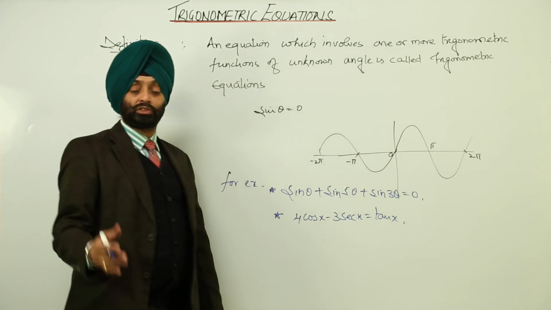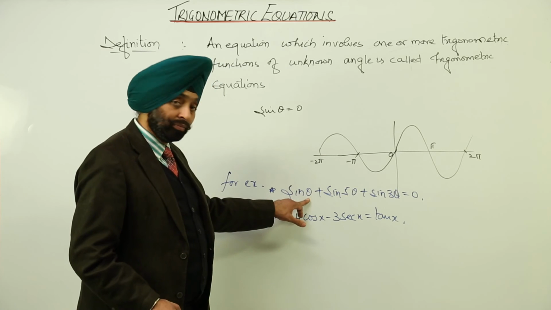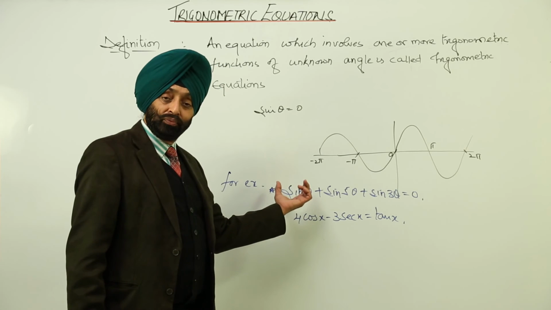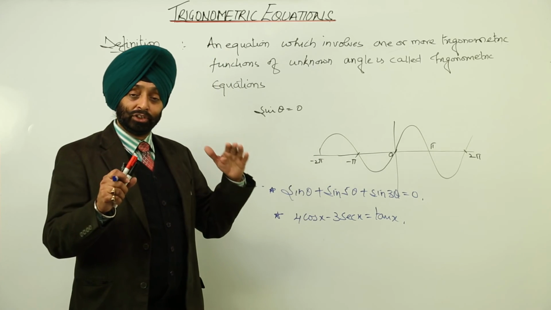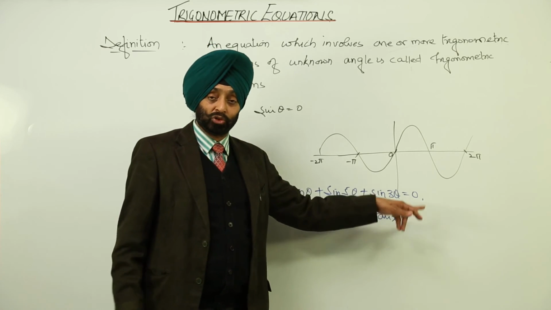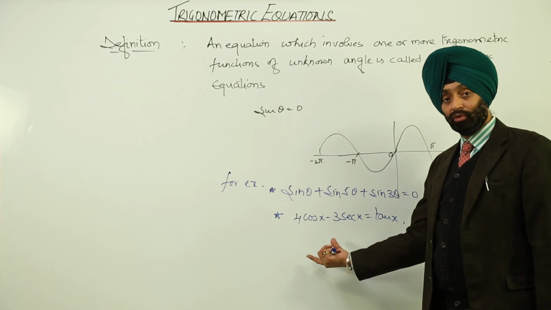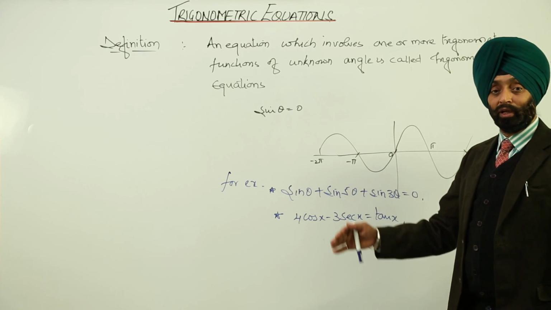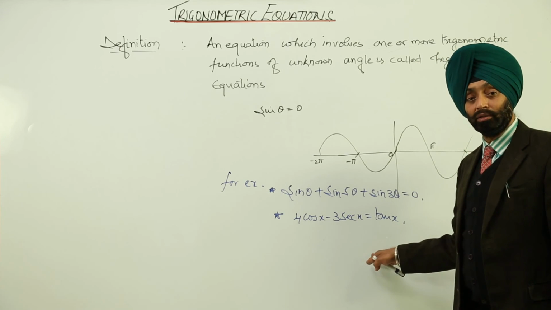Now here, what does a trigonometric equation state? It means that we should have one common value of theta. There should be a common value of theta, so that for the first function sin theta, for the second sin 5 theta, for the third sin 3 theta, the summation of all these three trigonometric ratios should be 0. And how is it possible? Only when theta is a common value. Similarly here we have three functions: cos x, then sec x, then tan x. So x should be a value which satisfies this equation. That is what a trigonometric equation is.